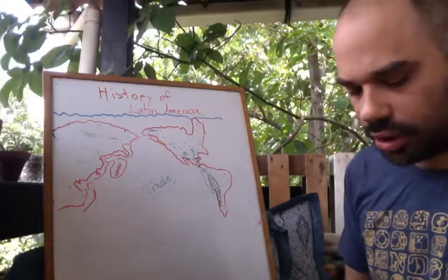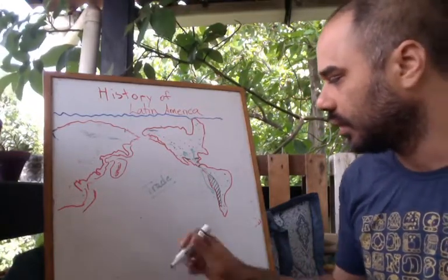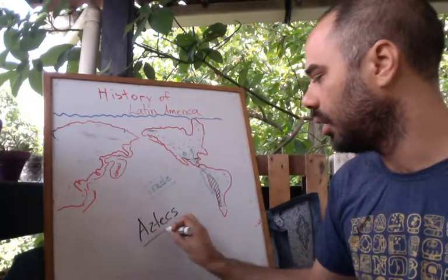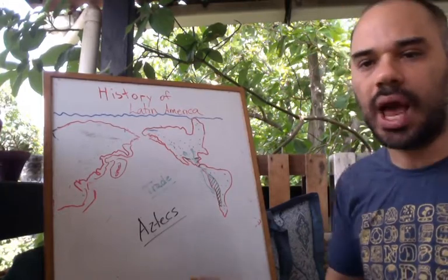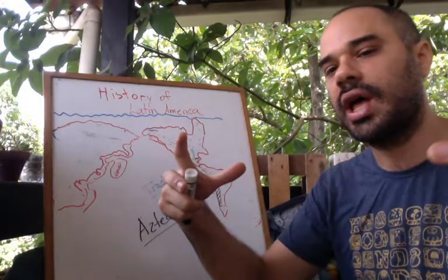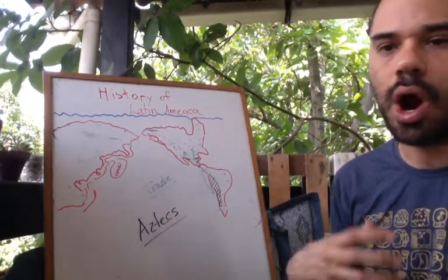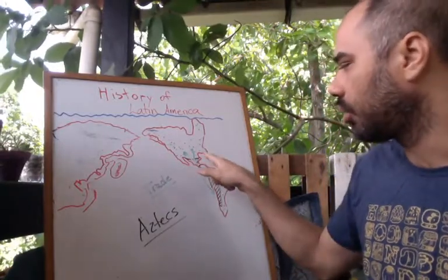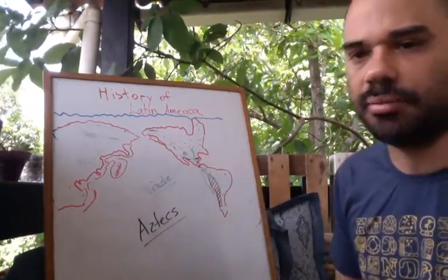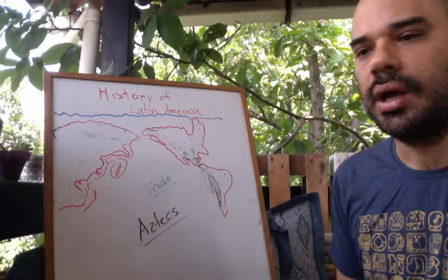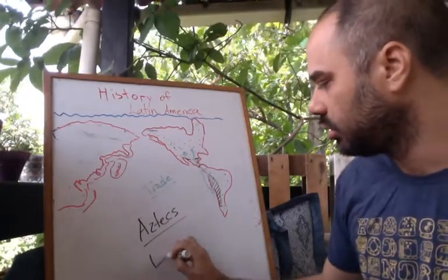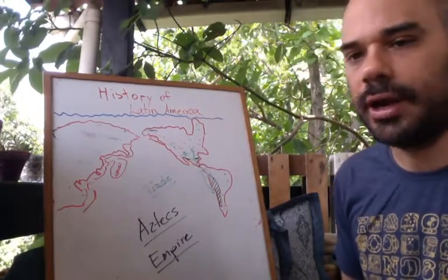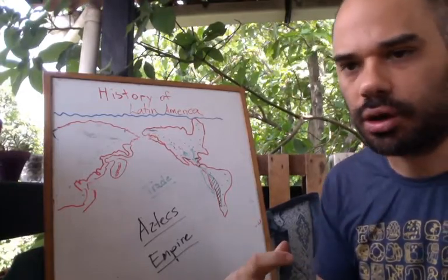And well, now I want to talk a little bit about the Aztecs. The Aztecs were a group of tribes that united to create an empire, and they were warring tribes. They were very good at fighting, so they basically conquered all of this region of central Mexico. And, as an empire, they had other tribes under their command.